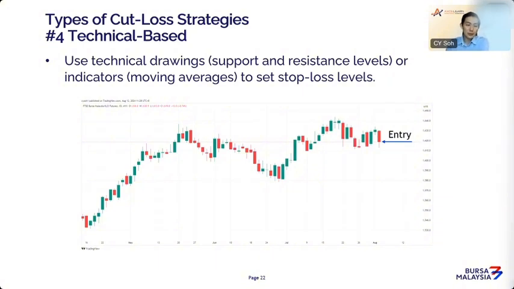So you are using technical analysis, and what you want to do is draw trend lines or support and resistance levels. In this example, let's say we draw a support level. Here, your support level would be your cut loss level. Of course, you need to measure the distance between your entry price and your cut loss level, the difference in points or dollars, so that by reverse calculation you can see the maximum dollar amount that you are willing to lose. If you are comfortable with it, then you use this